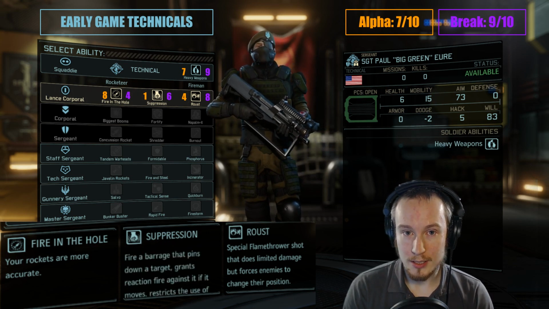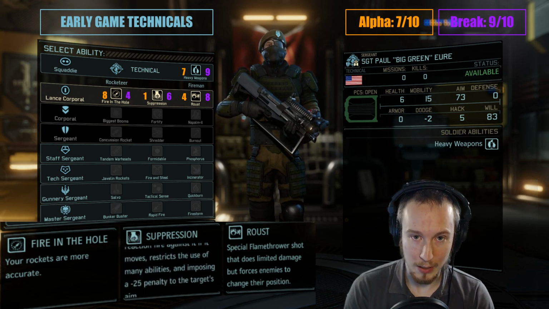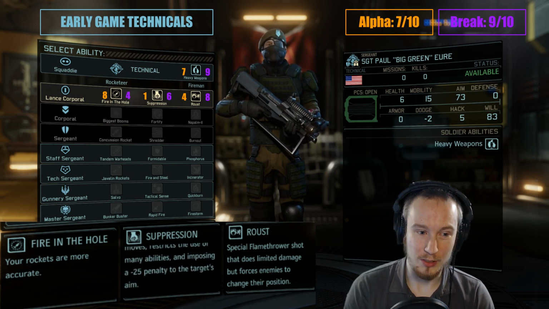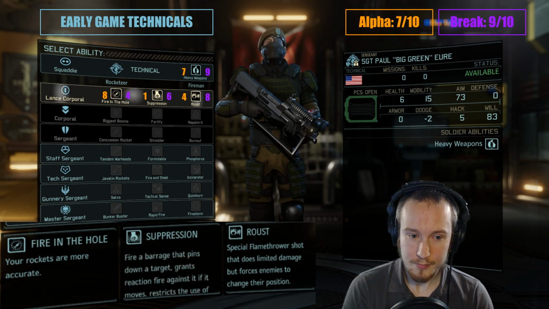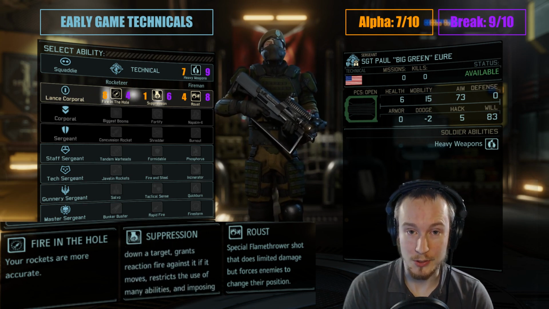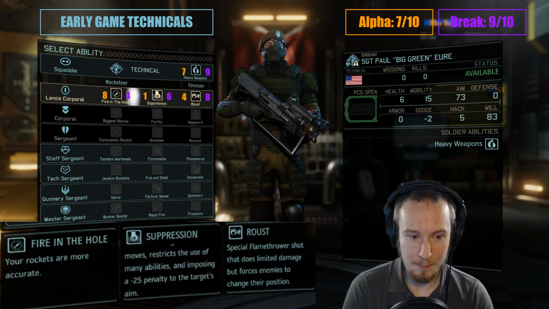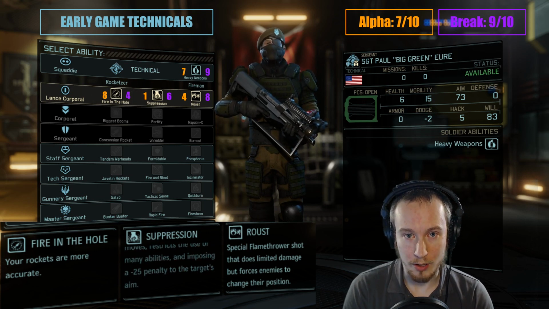Enemy hit points are going to scale, their immunity to fire is going to start showing up, especially with robotic enemies, and so the flamethrower and the rocket launcher may no longer be able to as reliably kill enemies outright. There are all these reasons that a perk like Fire in the Hole or a perk like Roust is going to change in value over the course of a game, whereas Suppression is a pretty reliable, steady perk throughout an